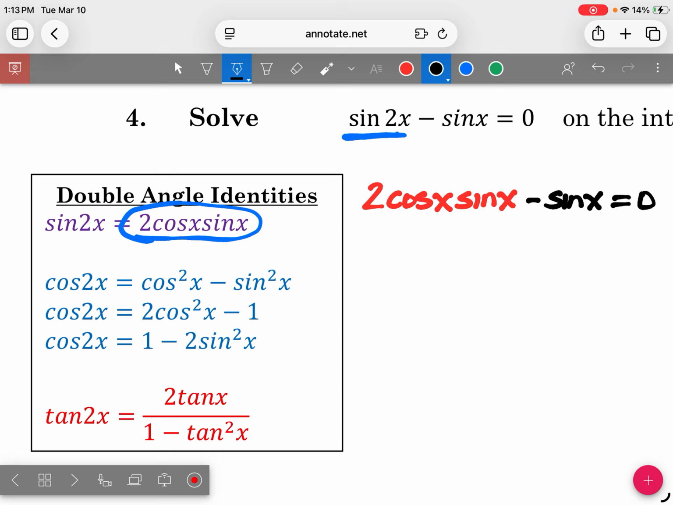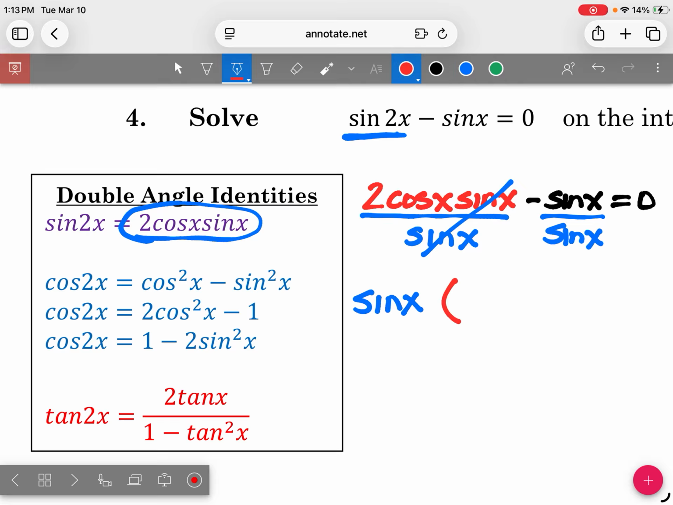GCF. What's the GCF? Miles, what do you think the GCF is? Sine. Okay, let's divide both of these by sine. So now sine is on the outside, and then what I have left on the inside is 2 cosine